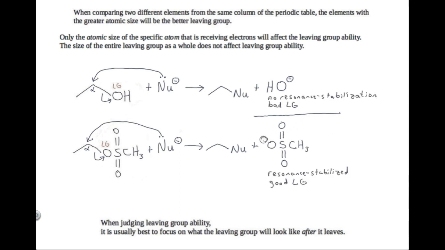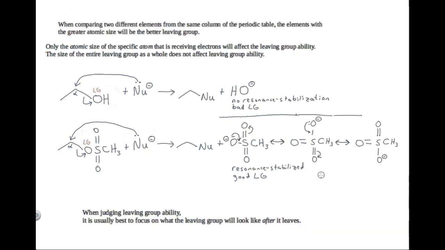This negative charge is resonance stabilized, which makes it easier for this oxygen to leave in the first place. This leaving group has no resonance stabilization, which makes it difficult for that oxygen to leave in the first place. So now I've drawn in the electron pushing arrows to show the two other resonance structures that this leaving group